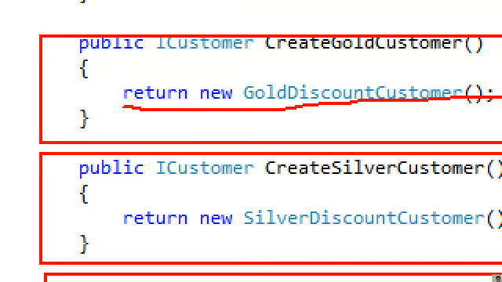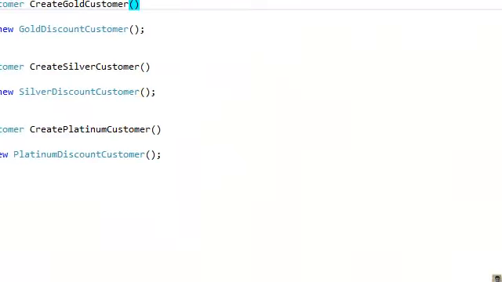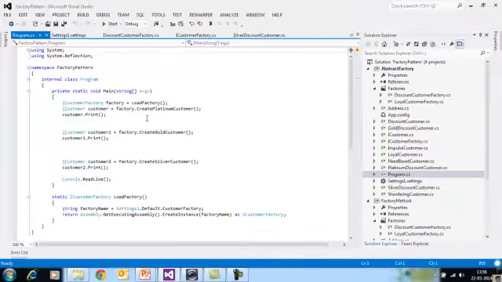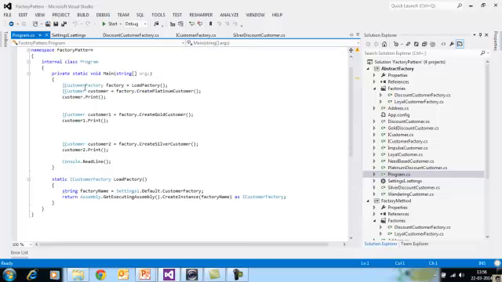Platinum discount customer. Okay, same thing here also, in settings I kept it as discount customer factory, and if you go to the client Program.cs, I don't need to explain this load factory to you, I'm just reading that setting and using reflection I'm creating an object